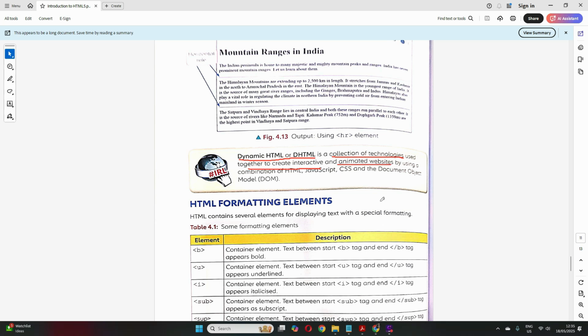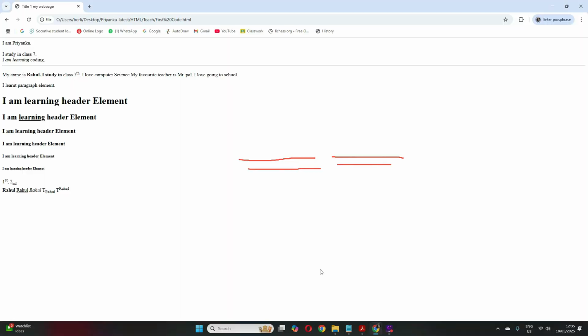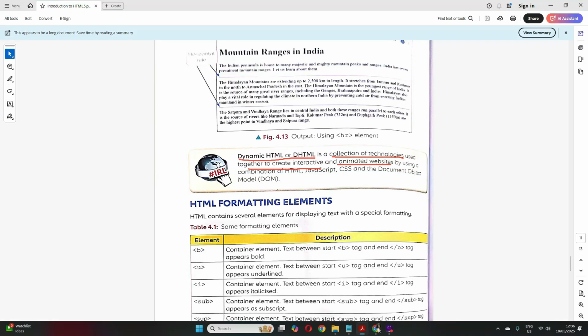Like any website you see, it's not the way we have created, right? It's not this simple, right? If you have seen Amazon, what I showed right now, you have a lot of pictures, animations, a lot of other things that turn up in that web page, right? So using dynamic HTML, we can write those kinds of web pages which are very interactive and animated.